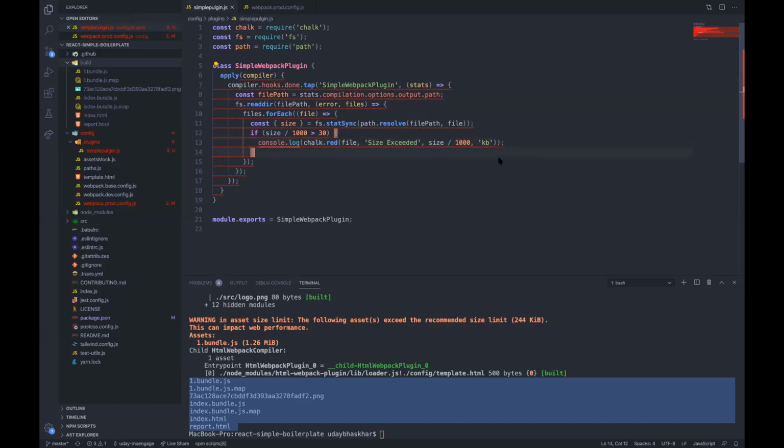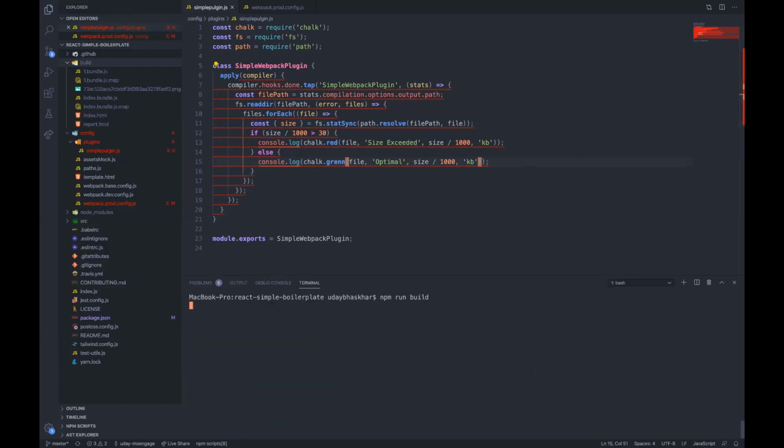Or else, let's just do green, file. Let's run the build.